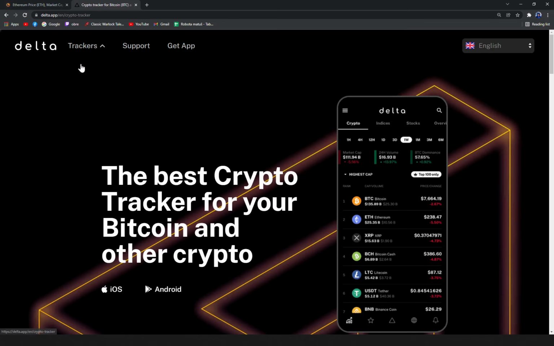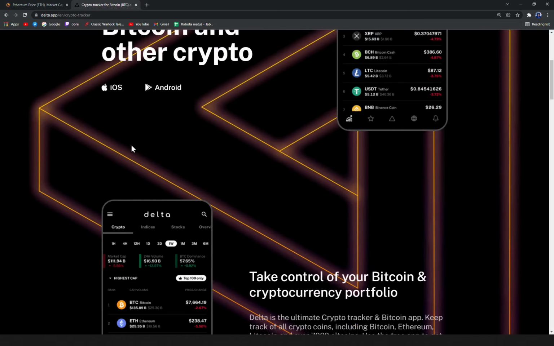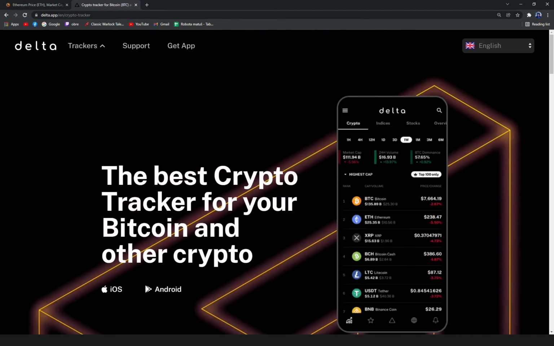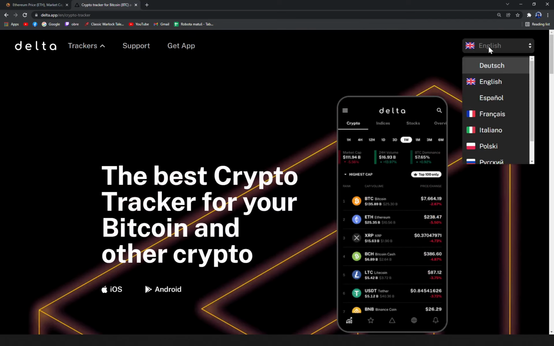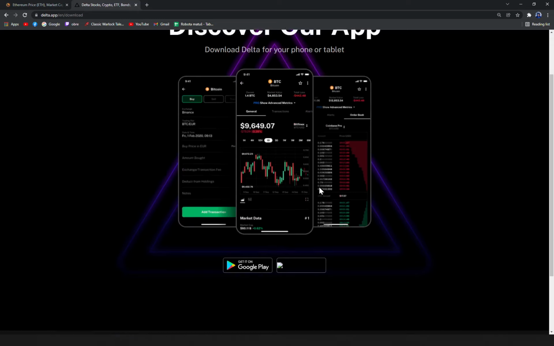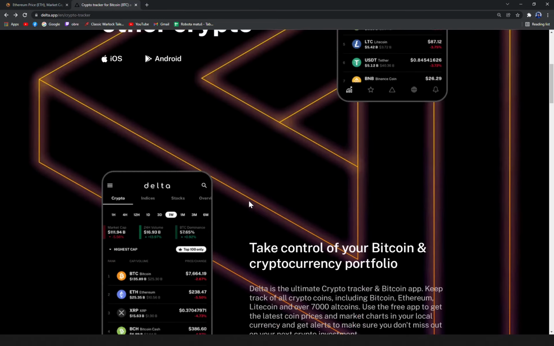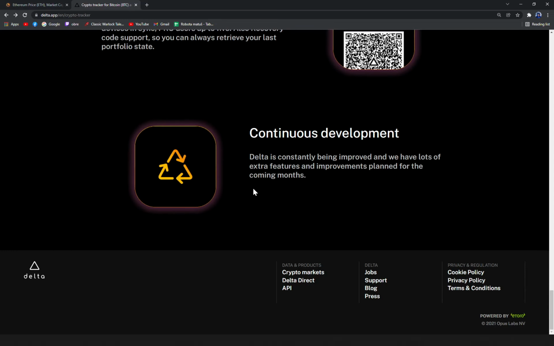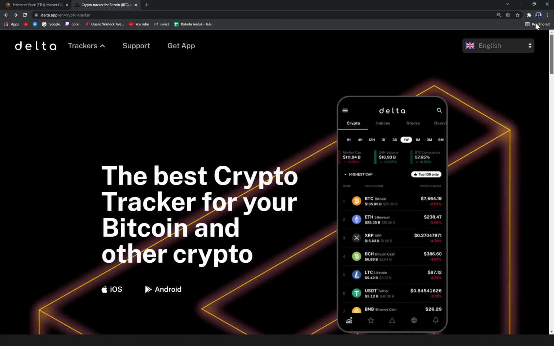Same goes for crypto trackers at Delta, but Delta is more biased towards using it on a mobile phone for free. You can change your language, obviously. You can get the app, and that's what they encourage you to do. On Delta, you can basically track all the cryptos, same as at